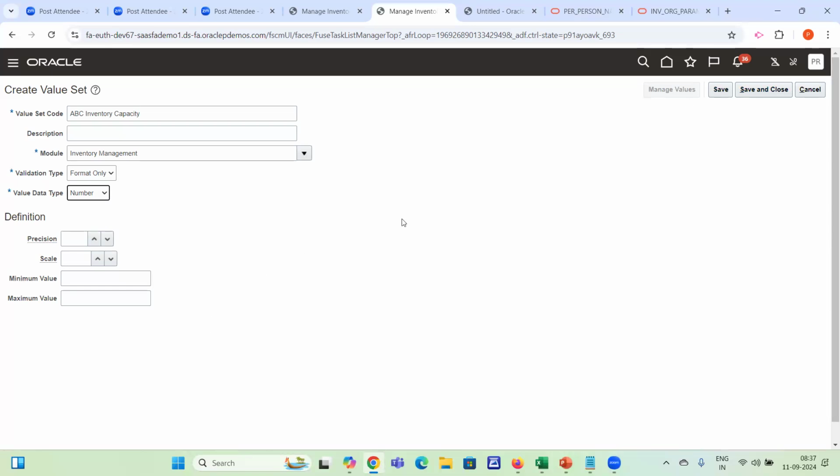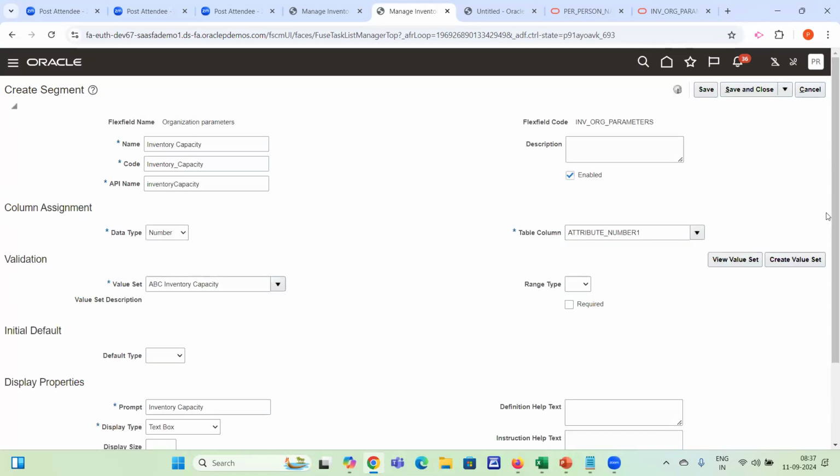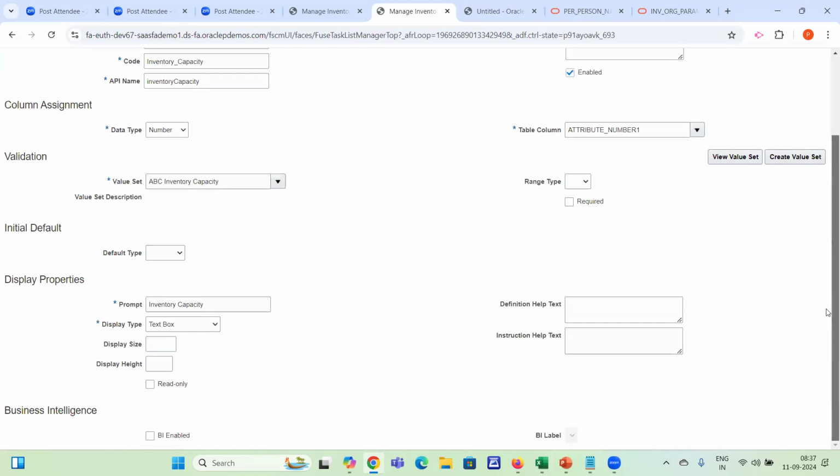Minimum maximum value, if you want to enter, you can enter. But for now, let's keep this as a free text and click on save and close. Clear? Right. So now